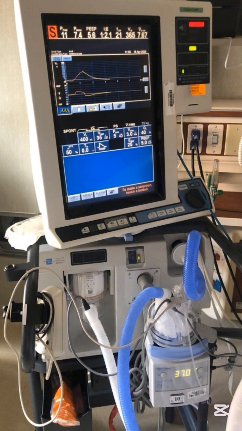Whenever we are resuscitating a patient on some site, we have to first look for the airway. If there is some obstruction, we have to remove that. If the patient has some situation like this, where we cannot remove the obstruction, like bronchospasm, inflammation, swelling of the tissue, then we have to mechanically ventilate the patient after intubation.